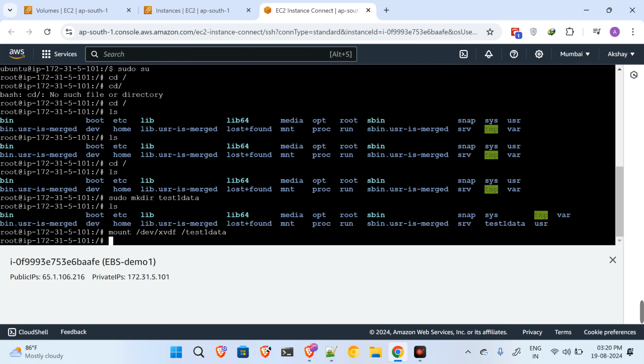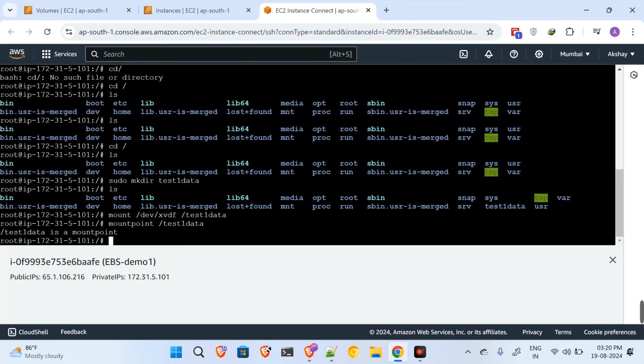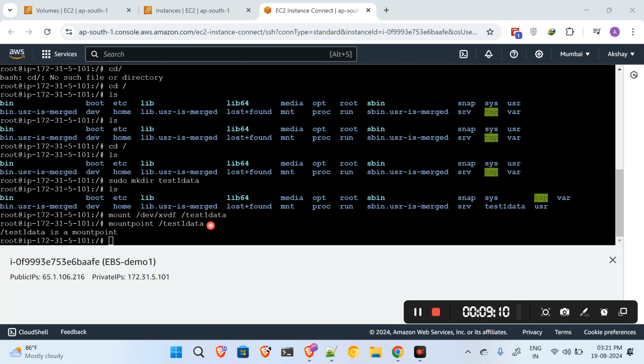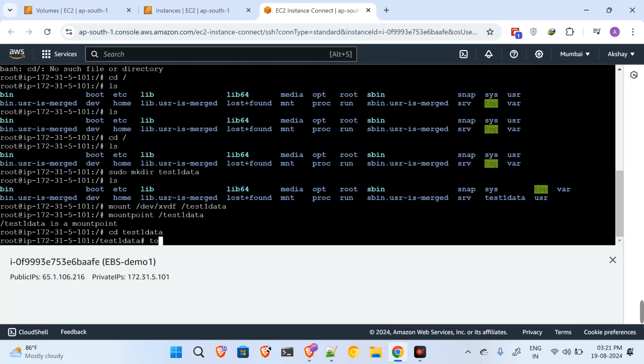So I will hit it, and now to check if it is mounted or not, I will say mountpoint test1 data. Okay, so now it is giving me the output as test1 data is mounted. So now our data is mounted. Then I will go to that test1 data, and after that I will touch one file. I'll say touch demo data.txt,